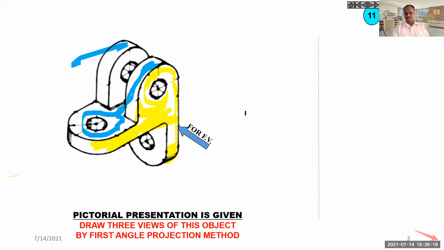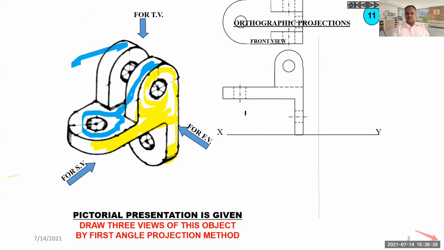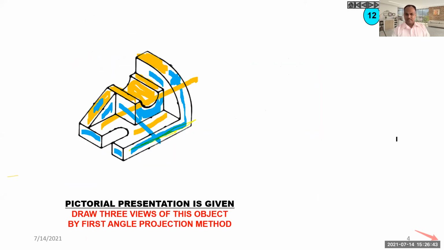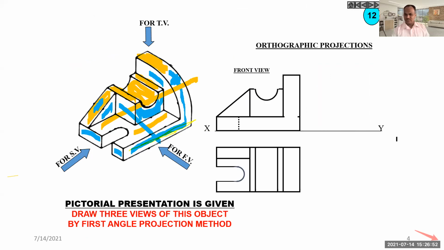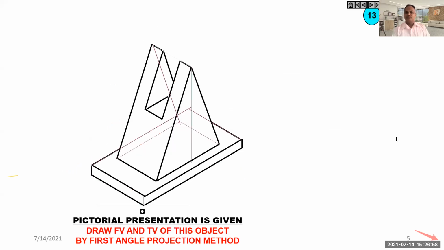So this one was quite easy. Front, top, and side view. When you see it in a video again and again, you will get to know these types of examples are actually very easy to understand and draw also. The only thing required is how to imagine things, that is, which portion will be seen, which you have to see again and again. So you'll get to know that these are actually very easy examples. Why am I stressing this? Because in the next unit we are going to, yes, Aditya, you can unmute yourself and talk.